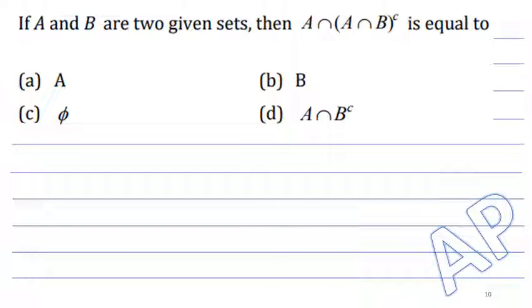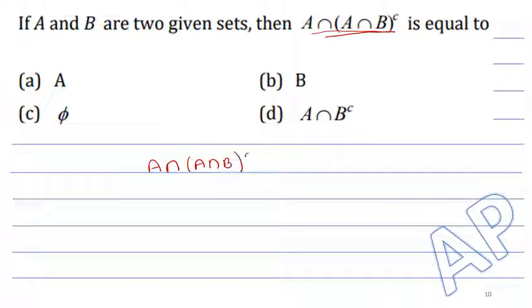If A and B are two given sets, then A intersection B complement is equal to: option A is A, that is set A, option B is set B, option C is empty set, and option D is A intersection B complement. So let us see which is the correct answer. For that, let me consider this A